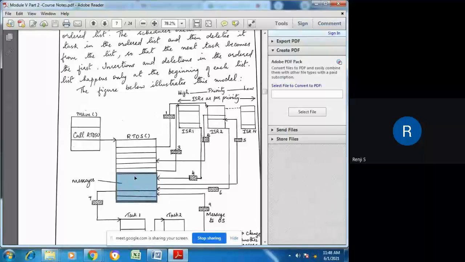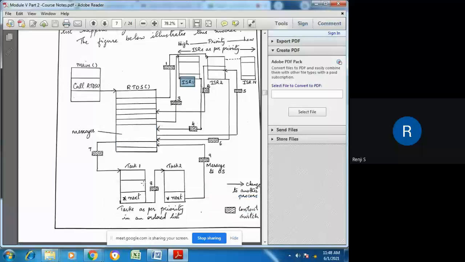And before putting the tasks into this message queue, the interrupt service routine will assign a token or a priority to these tasks. Priority will be attached to these tasks. And based on this priority, when all the interrupts that have been invoked have been completed, the tasks that have been forked by these interrupts will start execution.